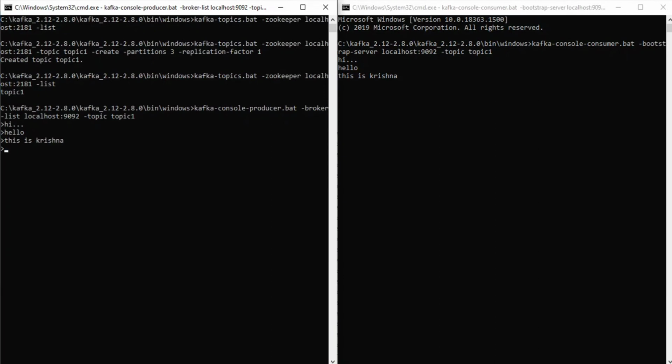So guys, unless and until Zookeeper or the Kafka server is stopped, it will continuously keep producing and consuming messages all over the cluster. This is how we can communicate between different nodes and different processes like consumer and producer in your Kafka architecture.